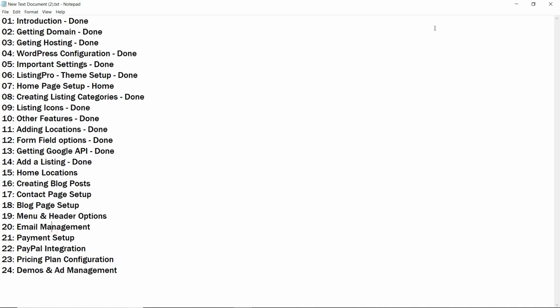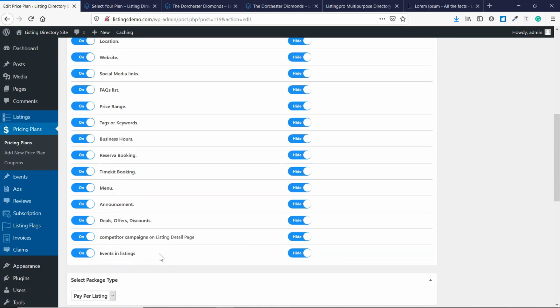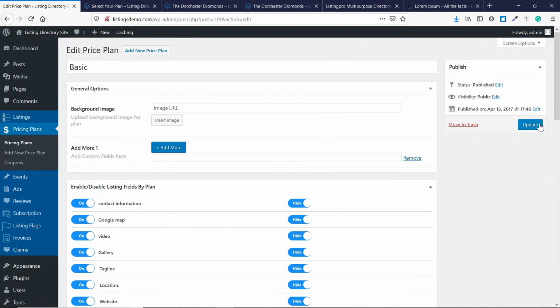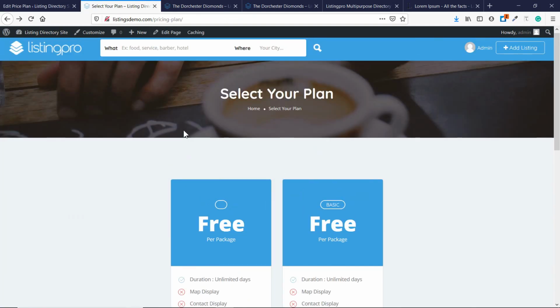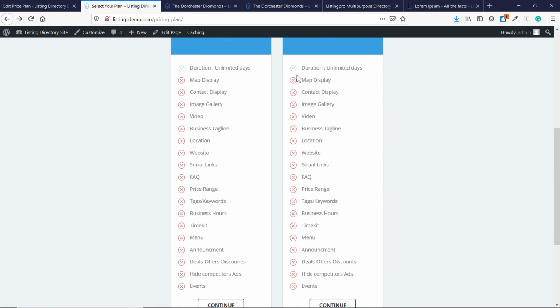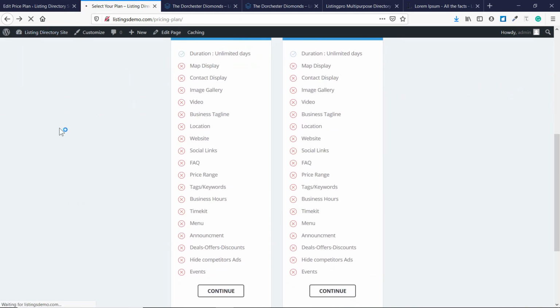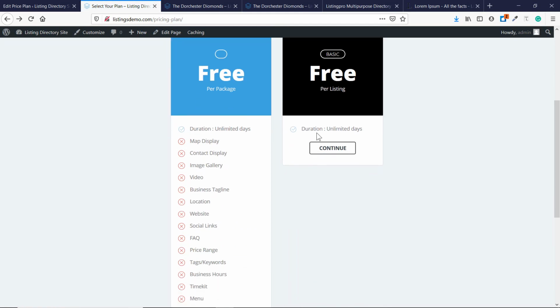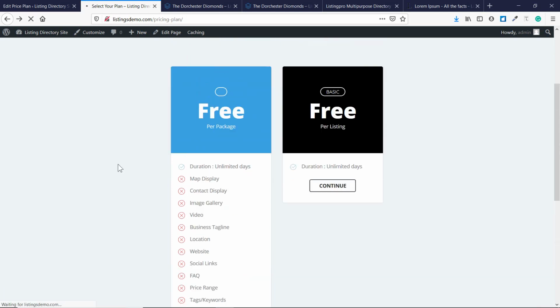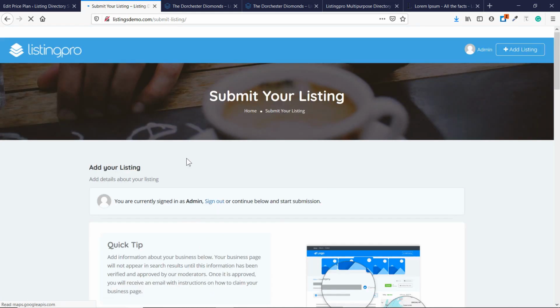Pricing plan configuration. For now let's skip all these details. You have already seen how this works, and let's click on update, and it's updated now. So if I go to this plan here, this basic one, you'll see everything is marked now. So let's click on refresh, and now you'll see. As you can see, everything is available now. Since everything is available, there is no need to show the things which are not available. So let's click on continue,